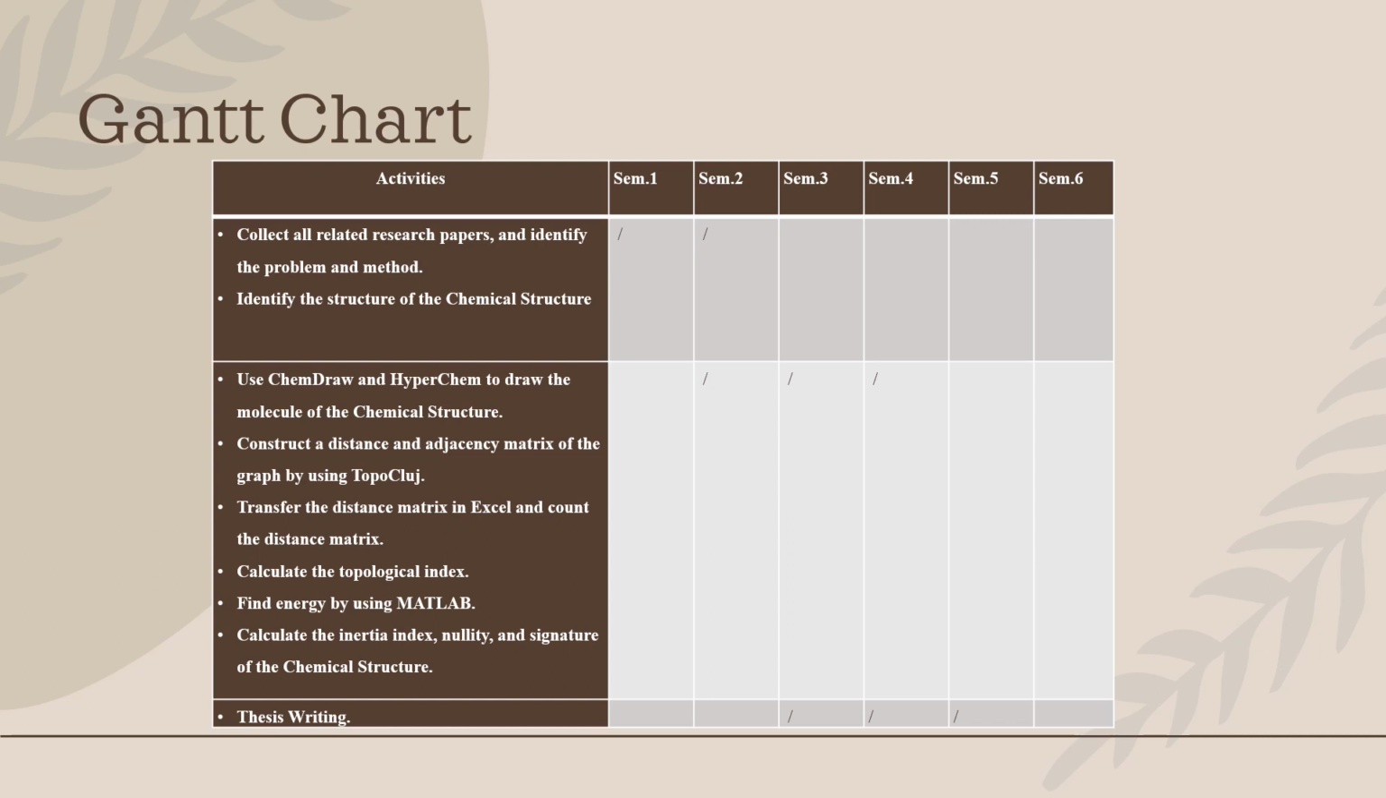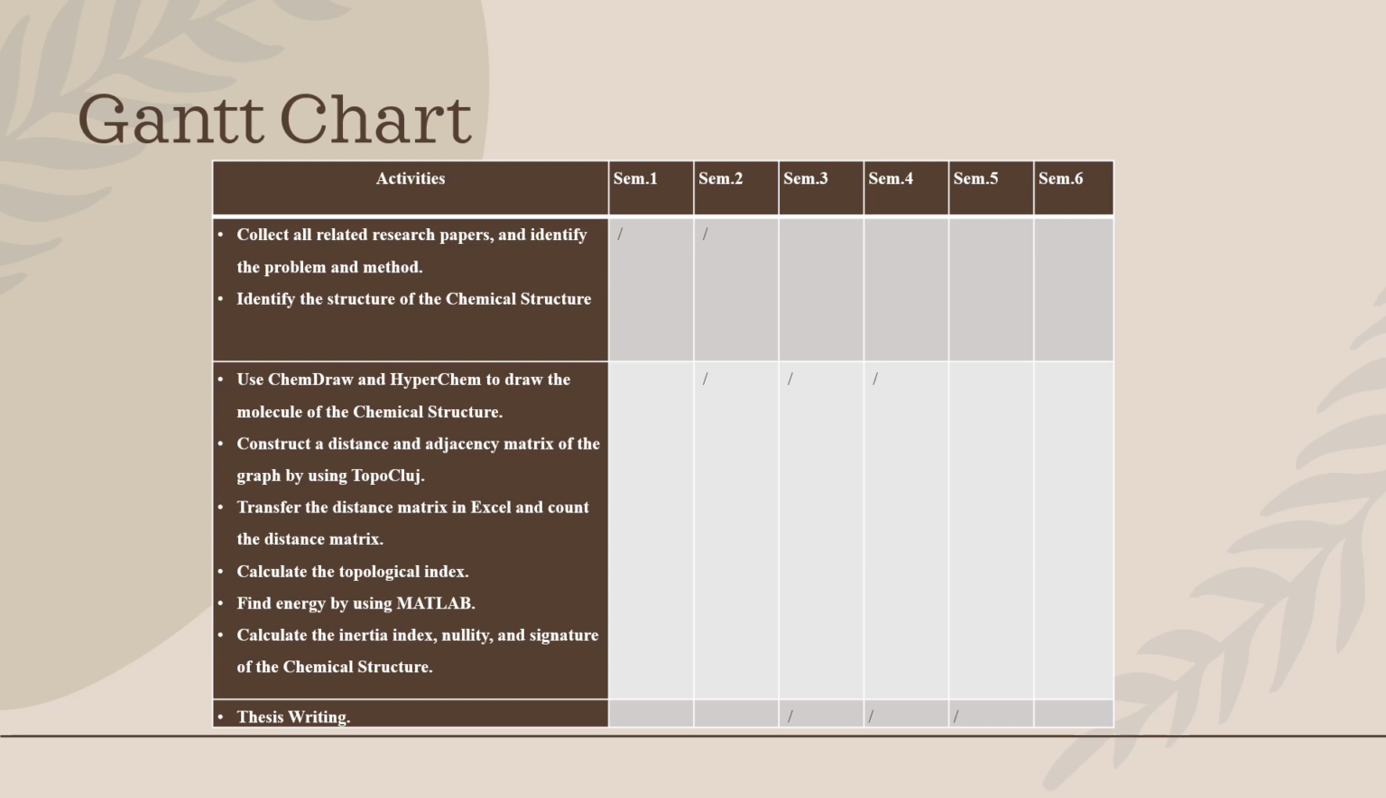This is our Gantt chart for the activity for semester 1 and 2. We collect all related research papers and identify the problem and method. Second, we identify the structure of a chemical structure. For semester 2, 3, and 4, we do some activities such as use ChemDraw and HyperChem to draw